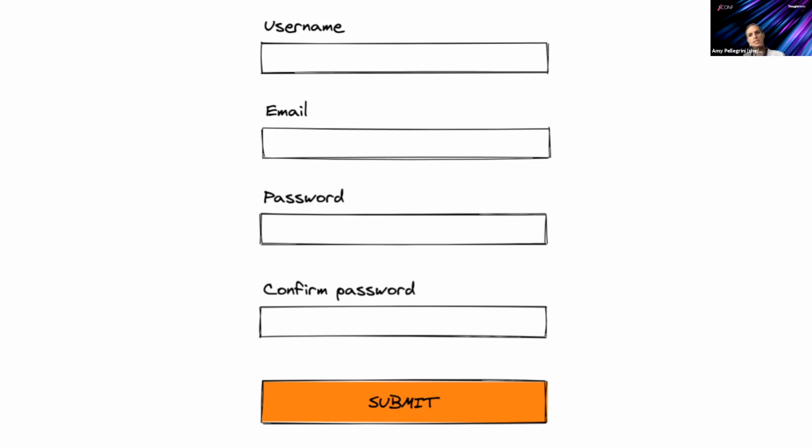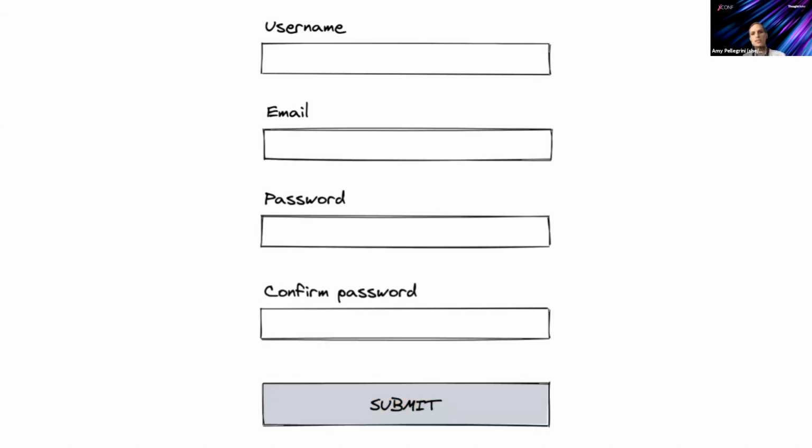You just put the fields in there. The user submits their information, they click the button, and everything is fine. But if you start going through the requirements in detail, you start noticing that this is not trivial at all, because the first thing is that you don't want to submit an invalid request to your server that could cause errors. So the first thing you want to do is disable the submit button, so the user cannot click it by mistake, or send incorrect information or an empty form